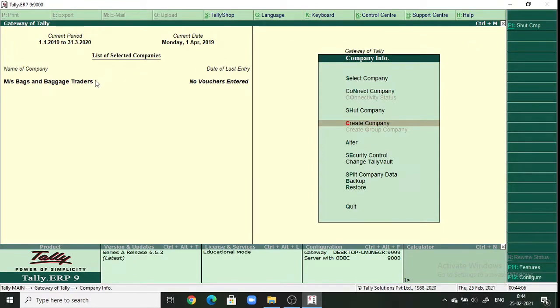After creating the company, it will show you the name of the company here, which we have given, and the current period is 1/4/2019 to 31st March 2020. Yes,